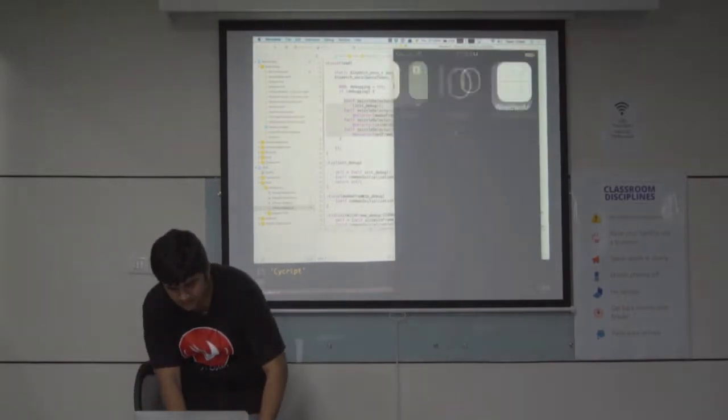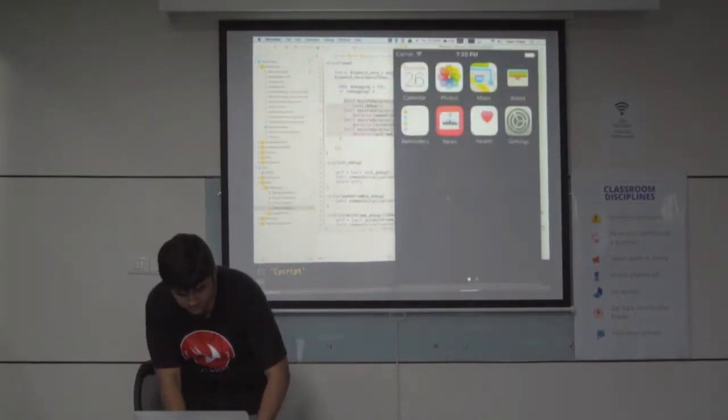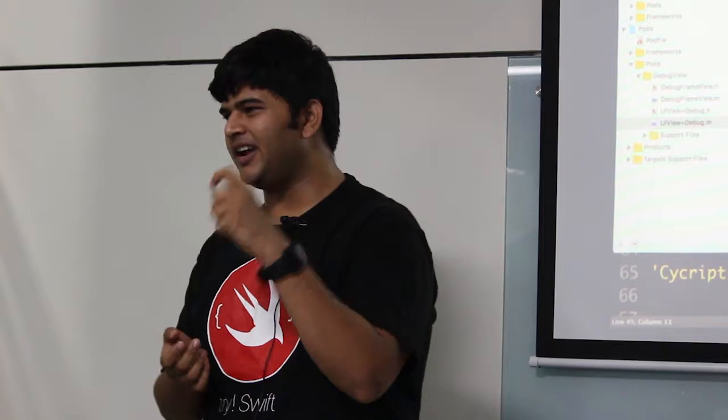Now, looking at the power of Debug View, I thought, why are we just using it inside our app? What if I could figure out what the App Store is using for its implementation? Because I love the implementation of the App Store. You can easily scroll through the different apps. Or say the implementation of the call dialer. It's so interesting to see even that. So I thought if we could use it for some purpose like that. The problem is that simulators don't have the phone dialer or even the App Store. So on further investigation, what we found is if we illegally or legally, it's a debatable thing, jailbreak our device,